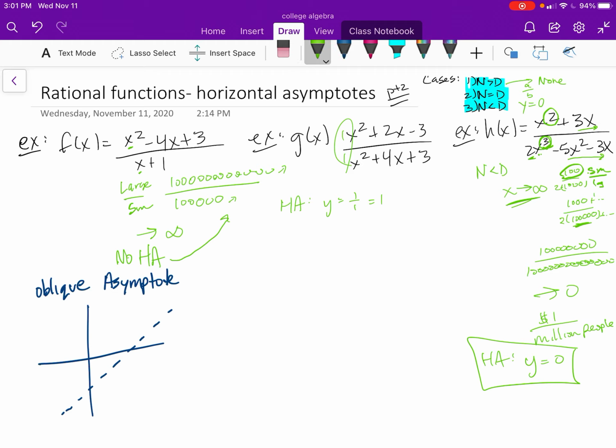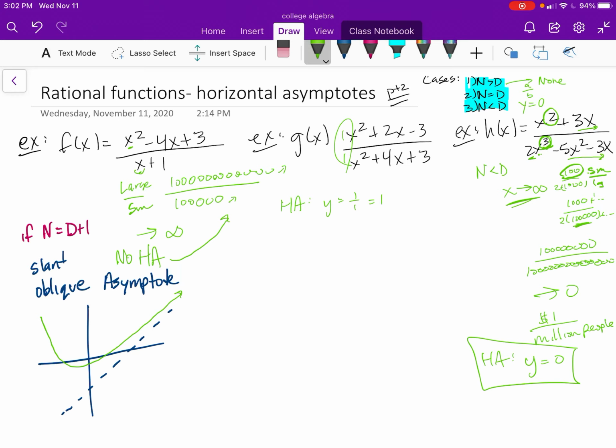Well, maybe this graph does something like this, and it approaches that oblique asymptote, or sometimes it's called a slant asymptote, but it will never cross. Those asymptotes exist as well, but they only exist if the degree of the numerator is equal to the degree of the denominator plus 1. So if it's 1 larger,